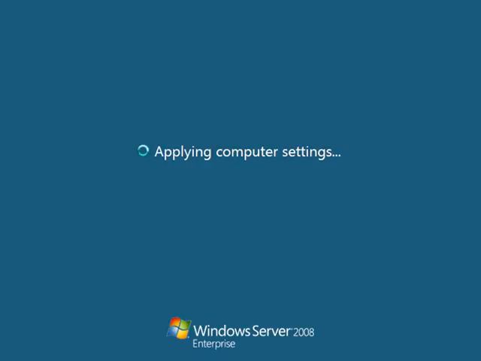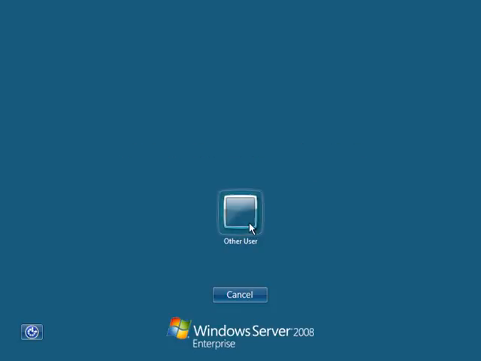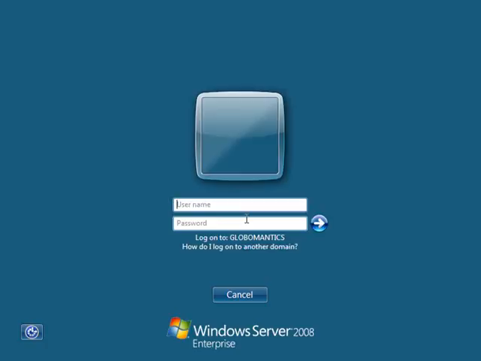All right, it's applying the computer settings, and there we go. Press Ctrl-Alt-Delete to log on. So press Ctrl-Alt-Delete, click Other User. You'll notice that's the only choice because there's no user that's ever logged on yet. And right here it says log on to GlobalMantics. So that already is telling us that it should be a member of the domain. So I'm going to put in GlobalMantics /administrator. And put in my password,